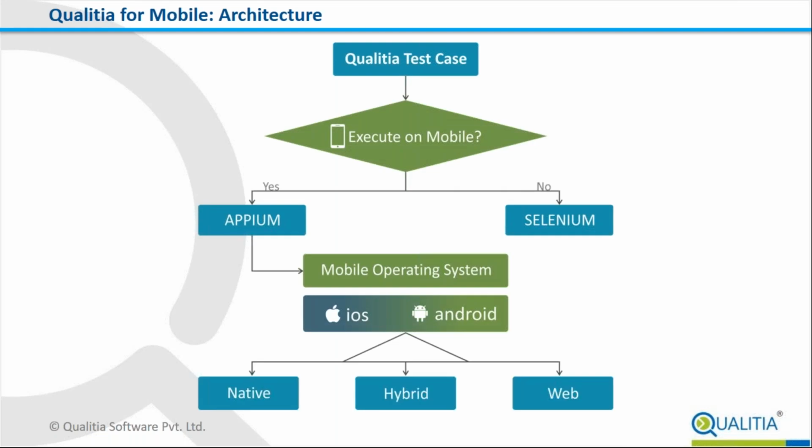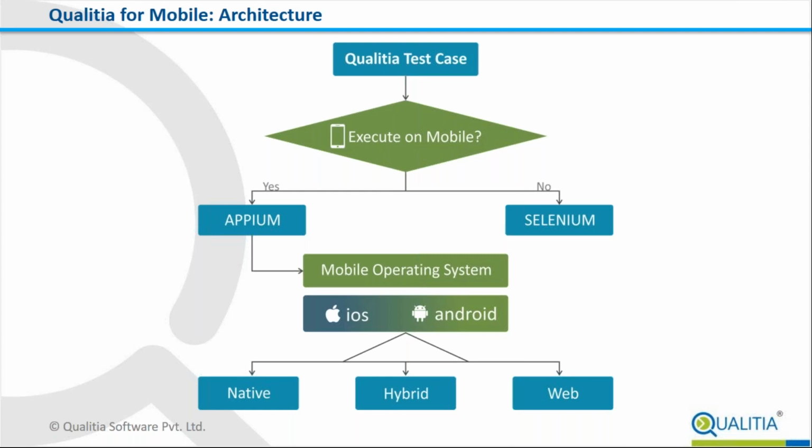In 4.1, let's take one specific example through a conceptual architecture of Qualisha. In 4.1, you may have a test case in Qualisha where some of the steps could be related to mobile automation, or some steps could be related to desktop web applications. And based on the steps or the statements used in the Qualisha test case, Qualisha intelligently determines which execution platform to hand over the execution to in a controlled manner.